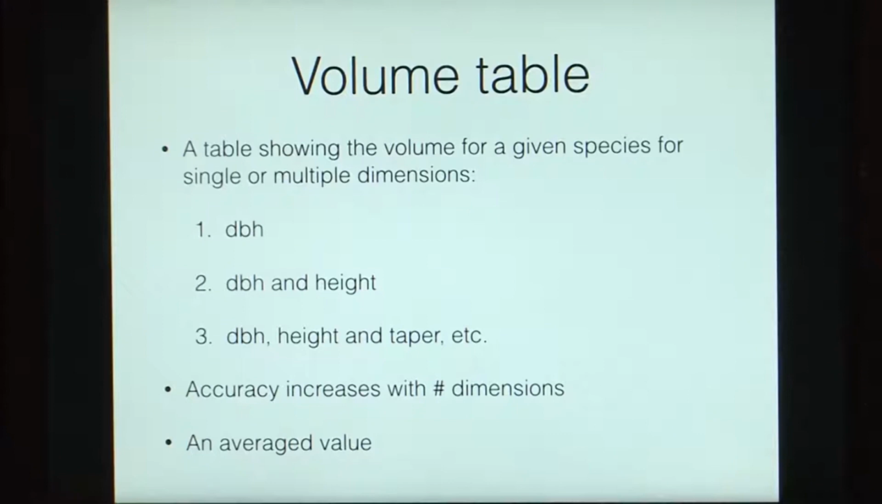For instance, if you measure it just with the DBH, it is the least accurate, and if you measure the diameter, height, taper and maybe some other factors as well, the accuracy will increase. Now, in the case of a volume table, the volumes that we are getting on this table are average values. So, they might not correspond to each and every tree, but they are an averaged out value, because we want